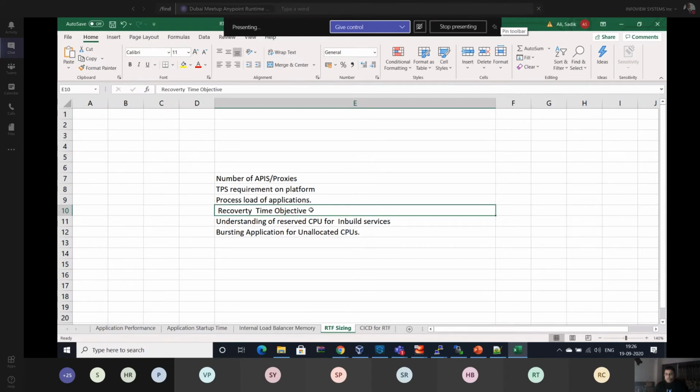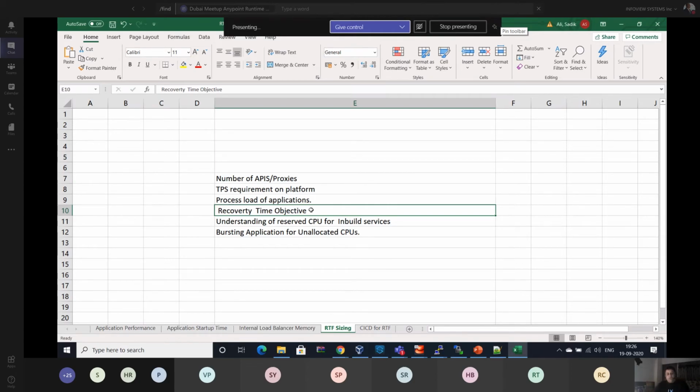Most of them, we have seen, work as active-passive, and until there is business loss, they are not going to active. If there is a website that has no business loss, they can go to active and passive mode.